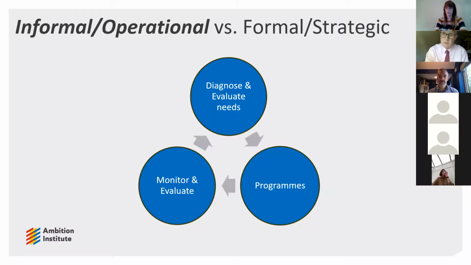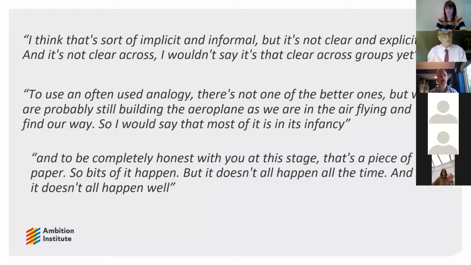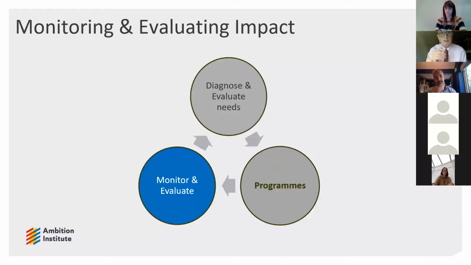And the MATs that I spoke to varied in size. One had up to 18 academies, one had 2, one was a teaching school hub. So there was a real mix in terms of size, complexity, and scale from the people I spoke to. So I think it's fair to say that broadly, when we think about the formality of the process, yes, it happens. It may not happen as consistently and as formally as we would like. And it's definitely not at this stage as strategic as we would like it to be.